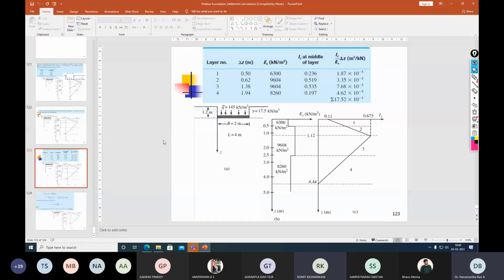Sir, for the mid-sem, is the syllabus up to this class? Yes, for the mid-sem, up to this class. Again, I repeat, for the mid-sem, a few of the things I told you, you need to remember. You need to remember the equations and the shape factor, depth factor, and inclination factors, because that is the only thing involved in the bearing capacity. Otherwise, there is nothing. The bearing capacity factors Nc, Nq, and N gamma, the values will be given in the exam. So the equations corresponding to Nc, Nq, and N gamma, you don't need to remember. The values will be given. But the shape factor and depth factor, you need to remember all those equations.